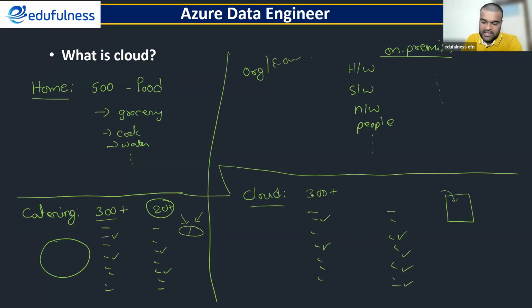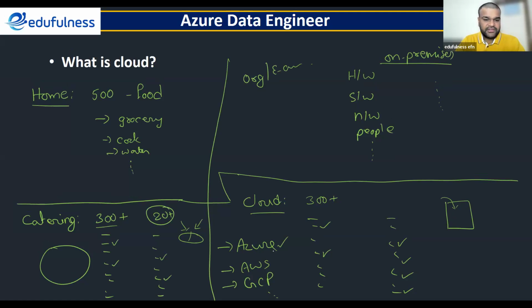So what are the major cloud services available right now? Azure is one cloud service, AWS is one, GCP is one. These are the major market shares. You have some others also. Among them, we selected the cloud Azure. Now if we move to Azure, let me share that screen. It is just a portal introduction only, nothing more to discuss.